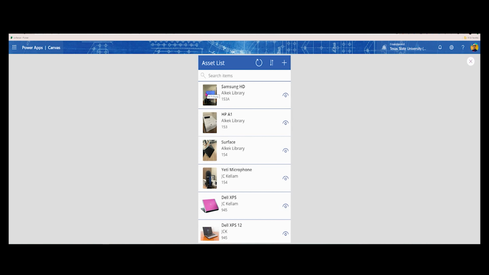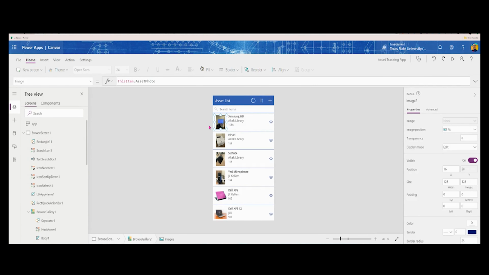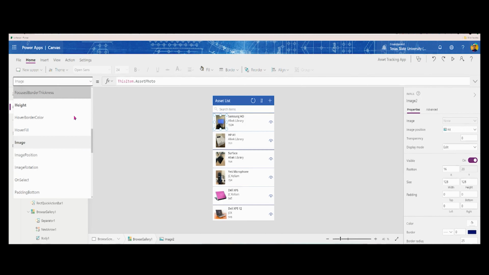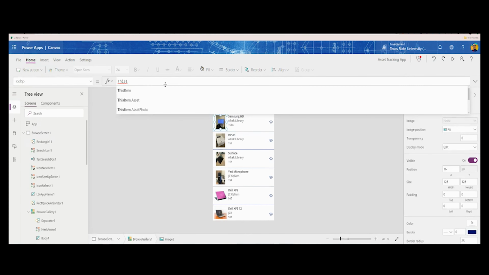Big problem is, so does the printer, so does the computer, so does the microphone. So there's a trick we can use to actually address that issue. We can customize the label so that it presents the proper information. So we're going to go down this side and go to our tooltip. Instead of putting HD TV display, what we will tell it to do is actually use this name here, the name of the asset. So we're going to say this item asset,